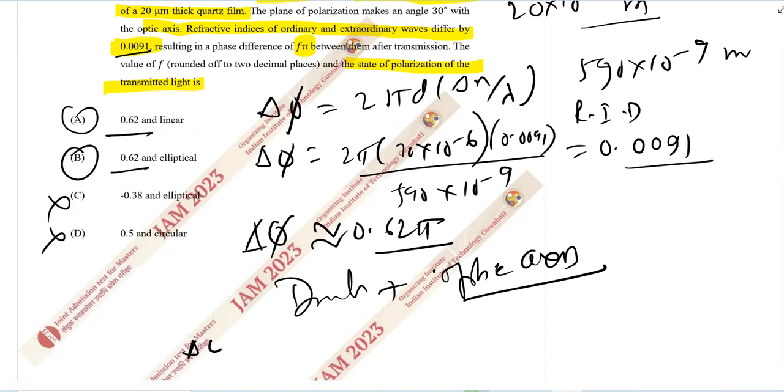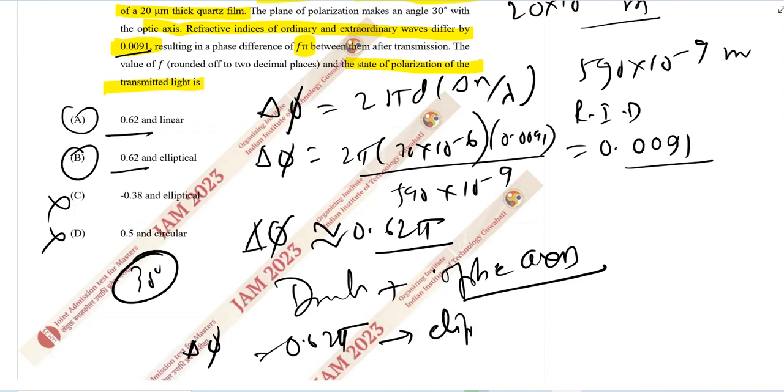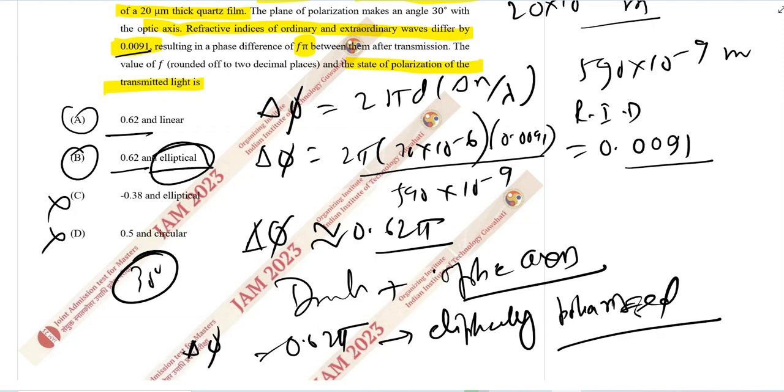So since ये जो delta phi हमारे पास है, okay, in this case polarization makes an angle of 30 degree with the optic axis, with the phase difference delta phi an odd multiple of pi by 2. So since delta phi is approximately 0.625 pi, okay, which is not an odd multiple of pi by 2, so the transmitted light is क्या कहेंगे, elliptically polarized. ये एक शॉर्टकट ट्रिक है, even and odd say. So therefore the value of f is approximately 0.62 and the state of polarization of the transmitted light is elliptical. So answer is